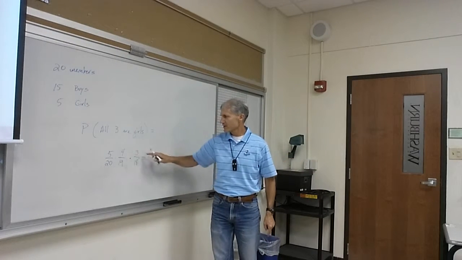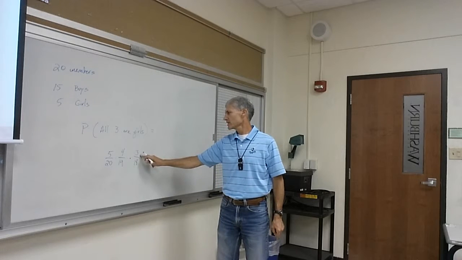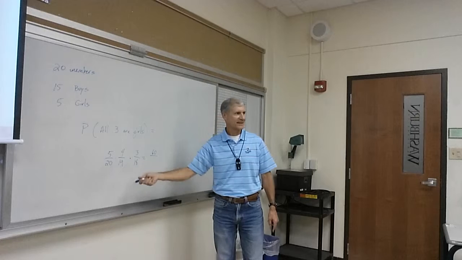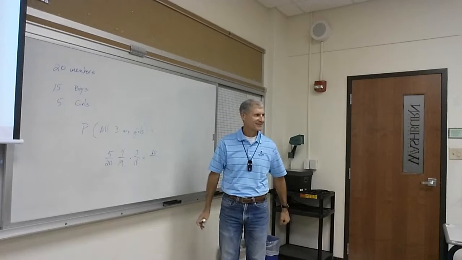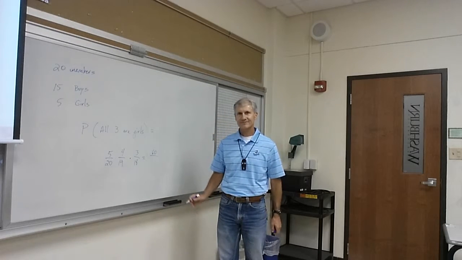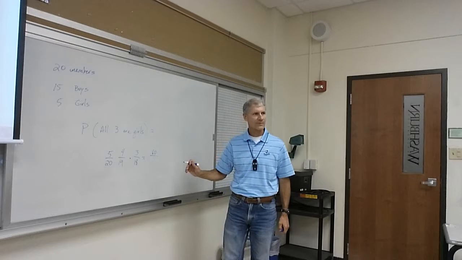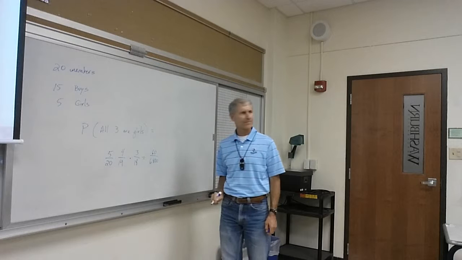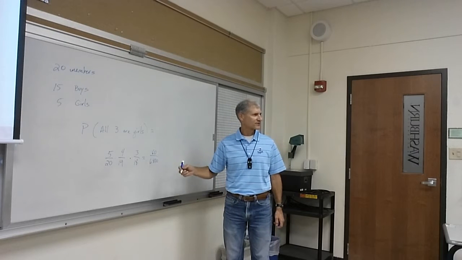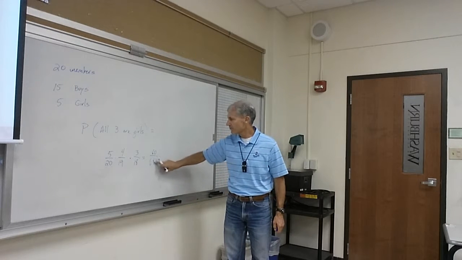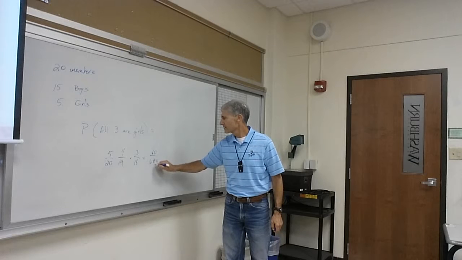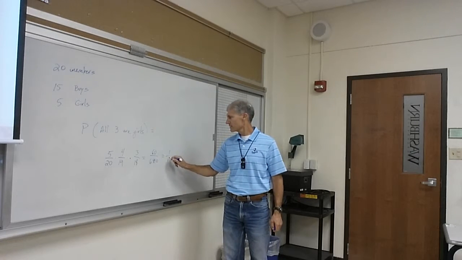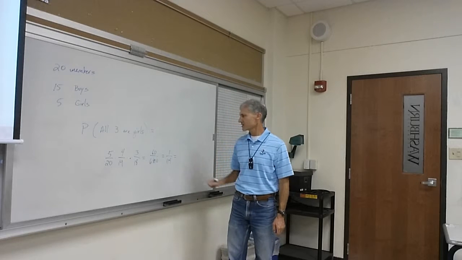Okay. And then the top is 20 times 3 is 60, and the bottom is, I can't do that one in my head. 6,840, like that. And then you reduced it, and when you reduced it, you got 1 out of 114, you said? Okay, what is that as a decimal?